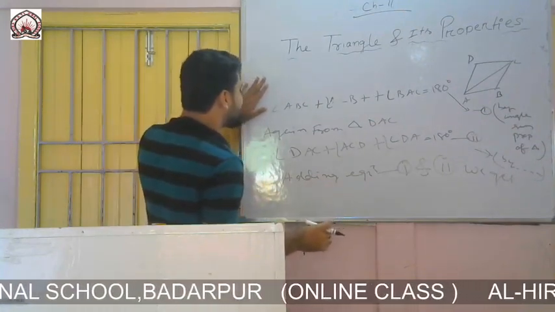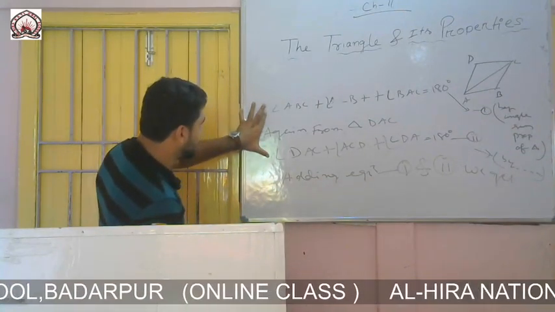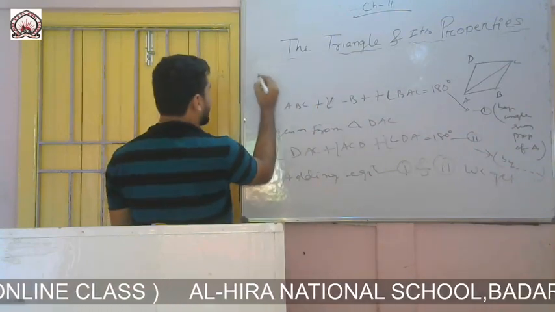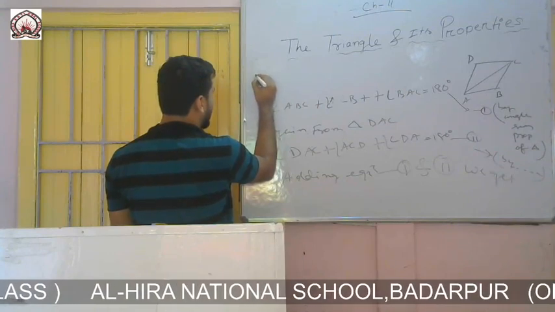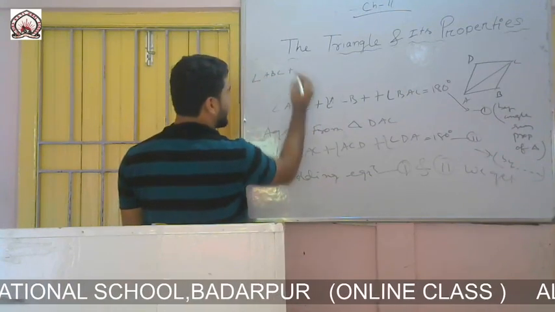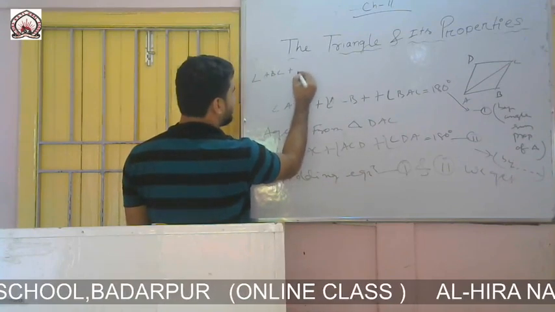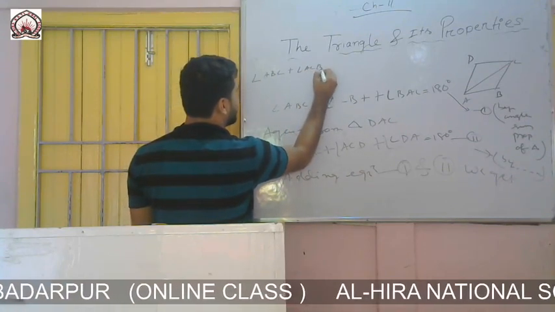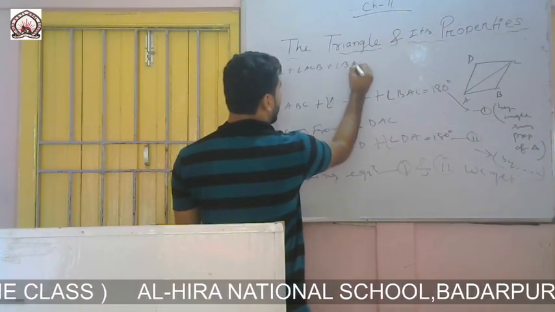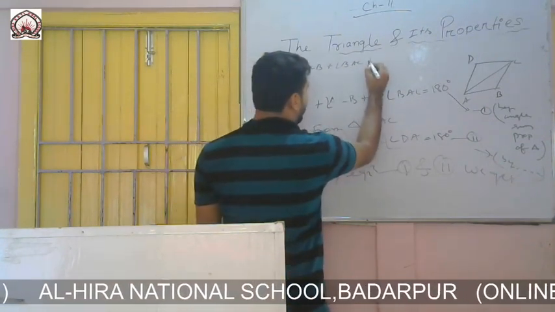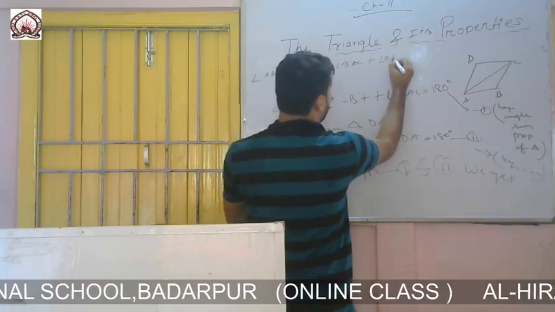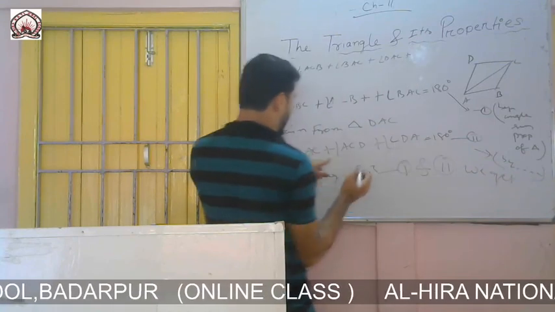We add left side plus left side and right side plus right side. So I will add angle ABC plus angle ACB plus angle BAC plus angle DAC plus angle ACD,